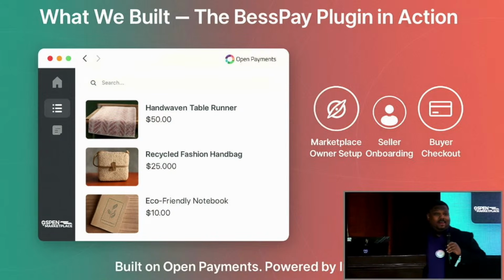So you've heard the why, and now the how. The BessPay plugin brings own payments to life in real marketplaces for owners, sellers, and buyers. Key to know, it's instant, it's interoperable, thanks to the Interledger network. So under the hood,